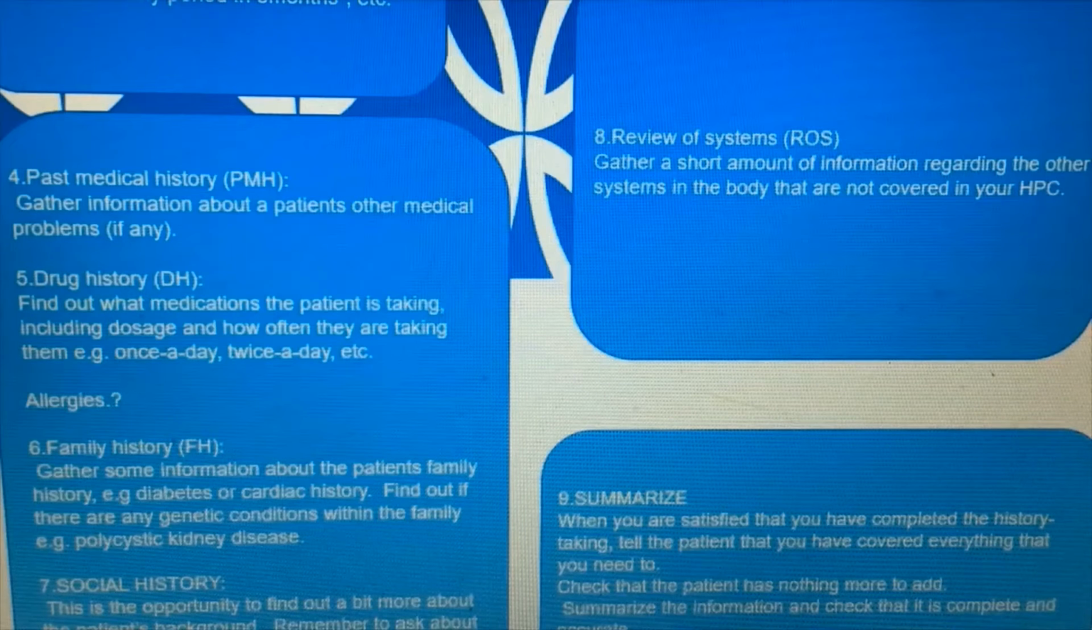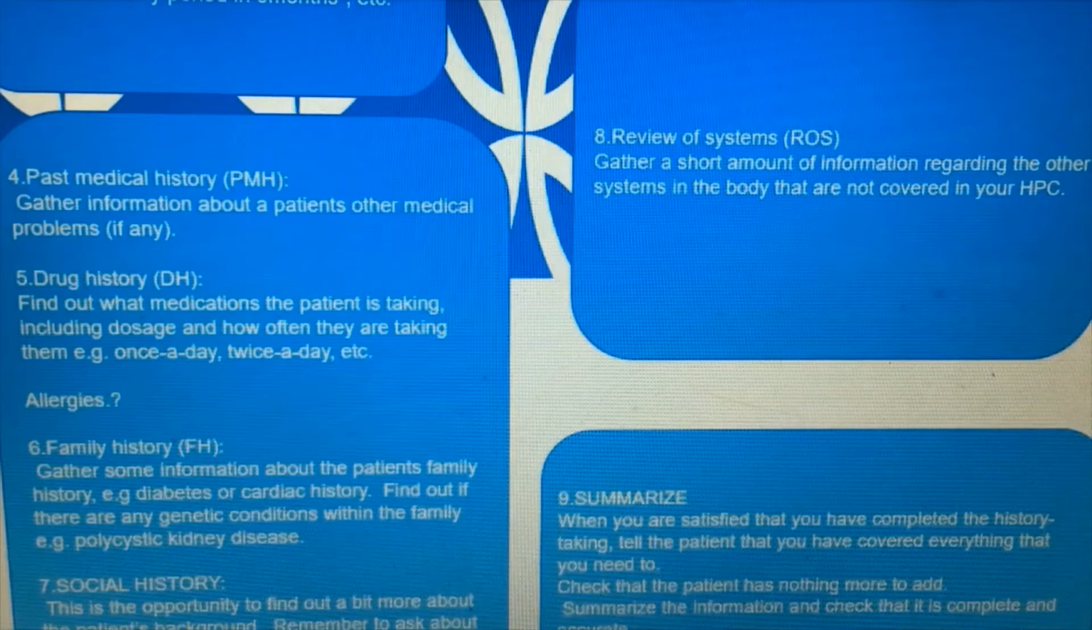And then move on to ask them about the social history. This is the opportunity to find out a bit more about the patient's background. Remember to ask about smoking and alcohol. And if the patient does smoke or drink alcohol, you have